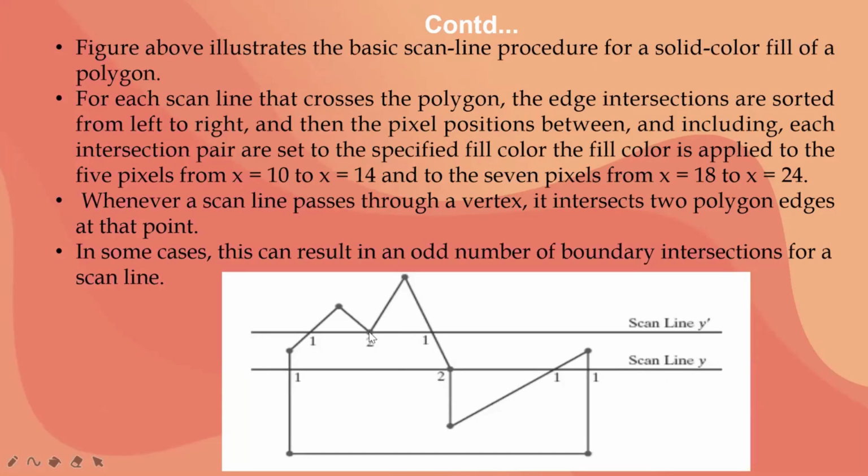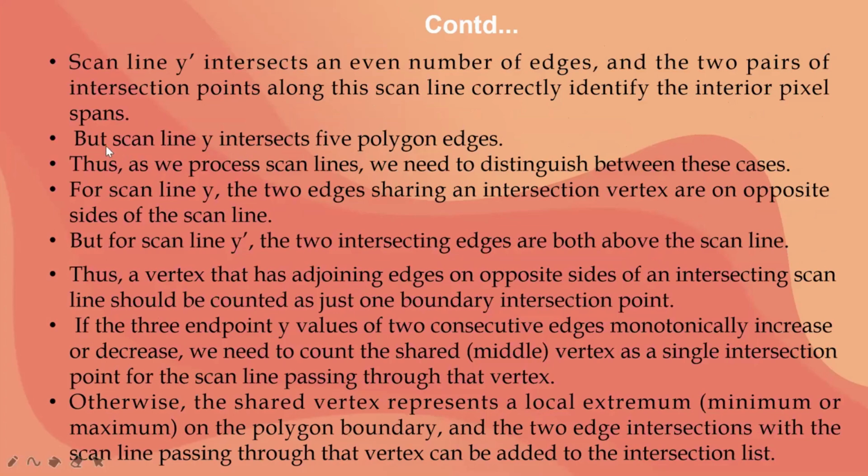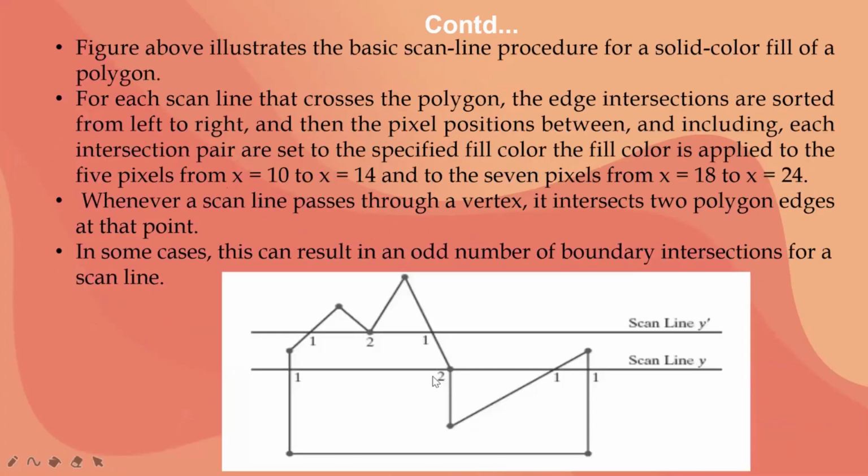And here if I join this line, I'll get one more point here also. So I'm getting 5 pixel points, because it is there also. I can join it. So here my scan line is intersecting around 5 polygon edges. Next, you have to find out, for each vertex point, how many opposite sides there are for the scan line. Individually you have to find out. This is just one example. As it is hitting your y-axis, you call it scan line y, and this is your scan line y dash.